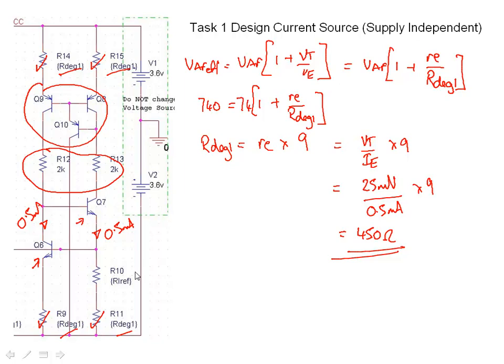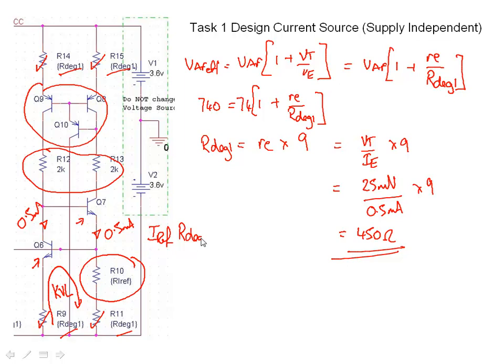Now let's design the most crucial component. The most crucial component is the reference current resistor. Now this one's quite important to get right. What we need to do is to calculate the Kirchhoff's voltage loop around here. That's the KVL that we're looking for, just there. So let's write it out just down the side here, and then we're going to go over the page and put that through. So we've got I reference,